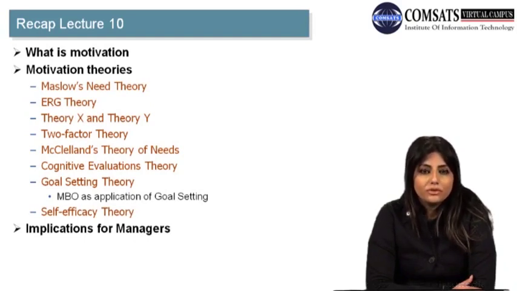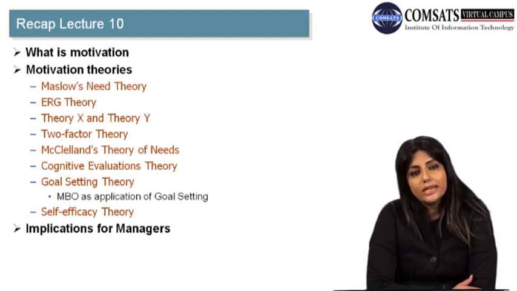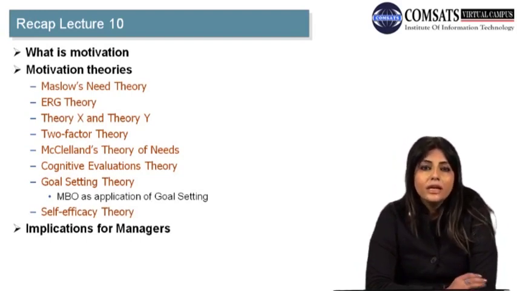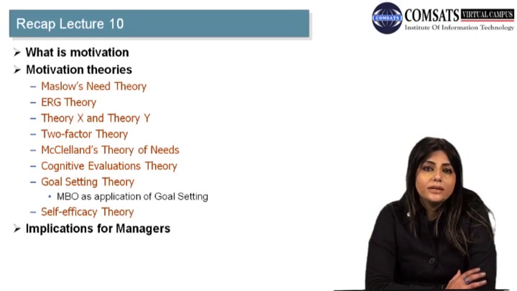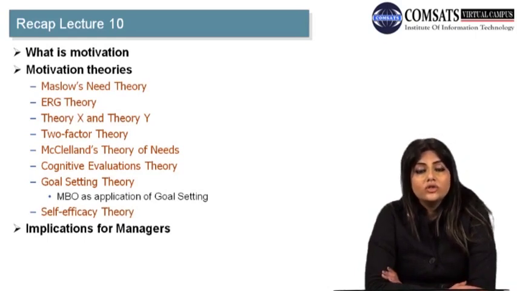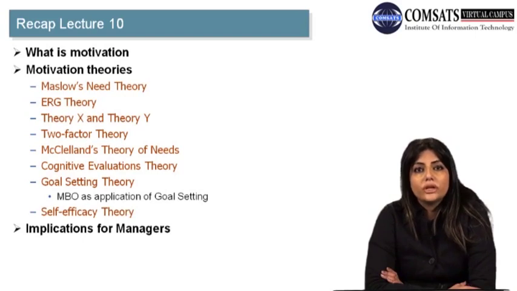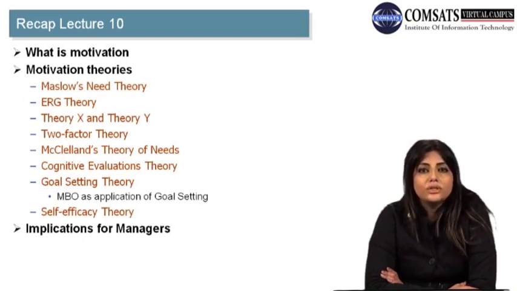So starting off with Maslow's need theory, we discussed how this theory emphasizes a strict hierarchy of needs, and the theory categorizes the needs of the employees or the needs of the individuals into 5 categories, right? Starting off with the physiological needs and ending up at the need for self-actualization, which are the growth needs of the individual. And the theory says that unless and until the very basic needs of the individuals are fulfilled,